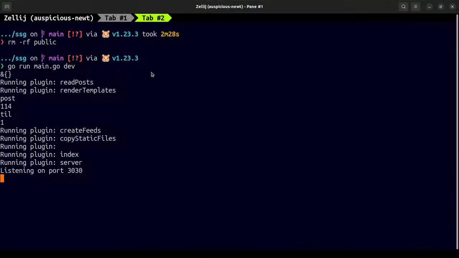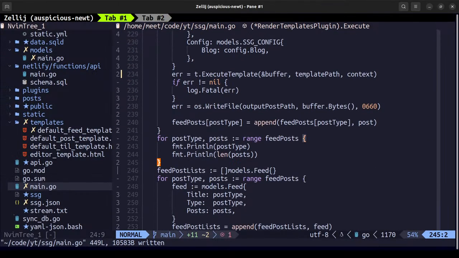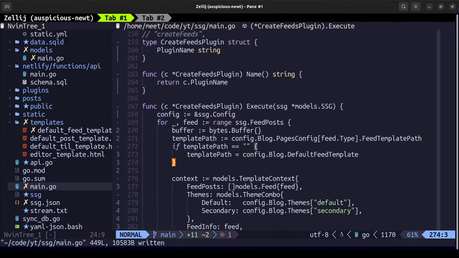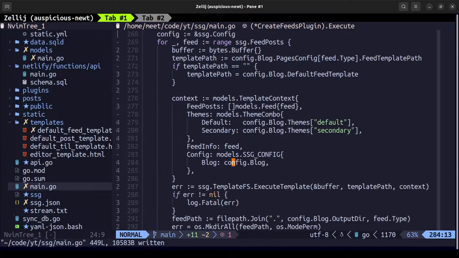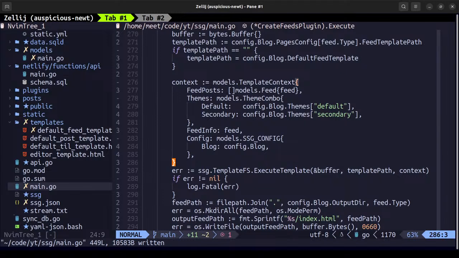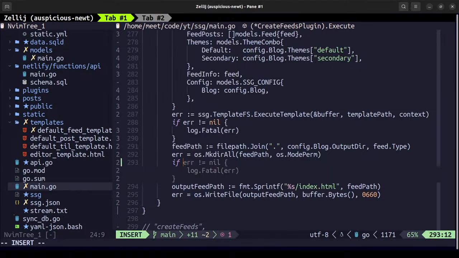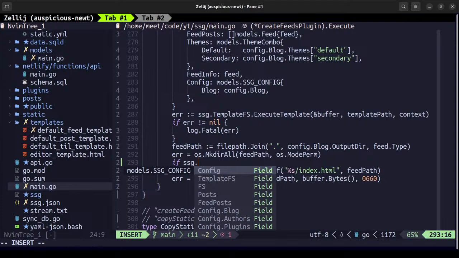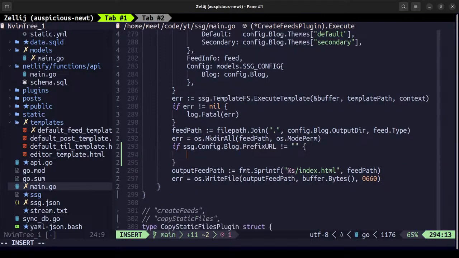Okay, but the issue this will create is it will not work for feeds. We want to also make it work for the feed path. That is what I'm saying when we say to fix it at the source. So how do we do that is a little tricky. So if ssg dot config dot log yep